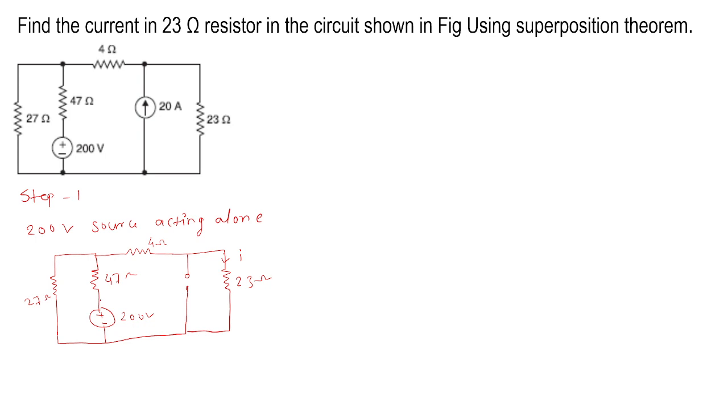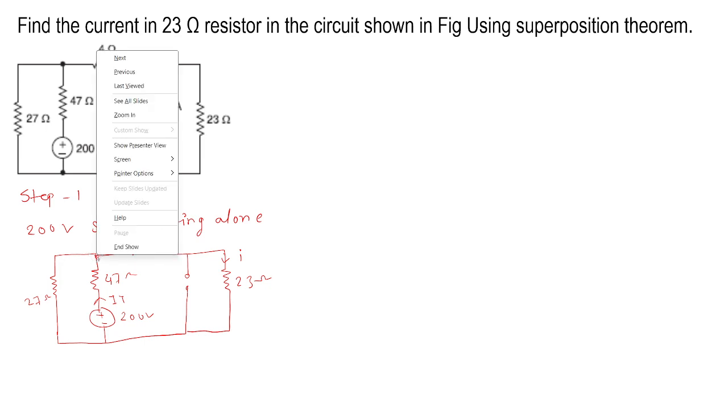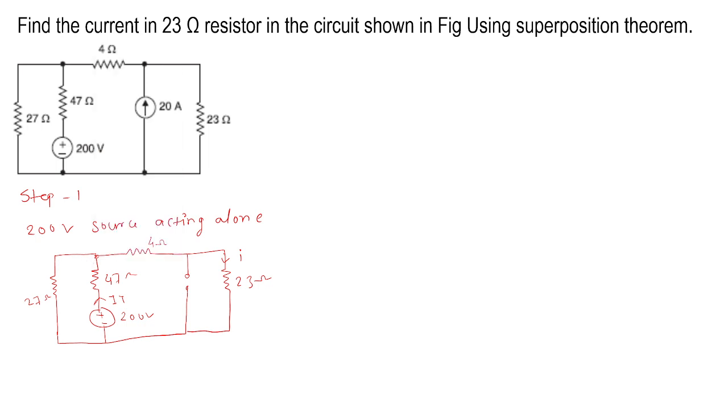From this 200 volt source, a current will flow. That current will be IT. Okay, listen carefully. This IT current will come to this node. When it comes, the IT current will divide into two parts. Again it goes this way as I2 and this way as I1. So IT is the total current coming from the 200 volt source, and this IT current is getting divided into two parts, that is I2 and I1. This I1 current is traveling through 4 ohm and it is going in 23. So from this it is clear that small I is equal to